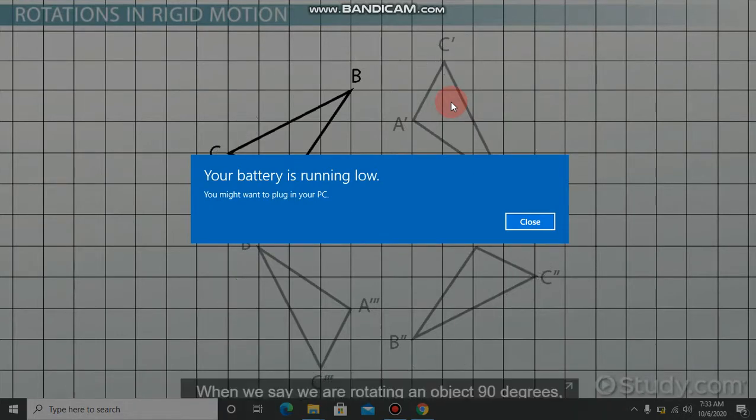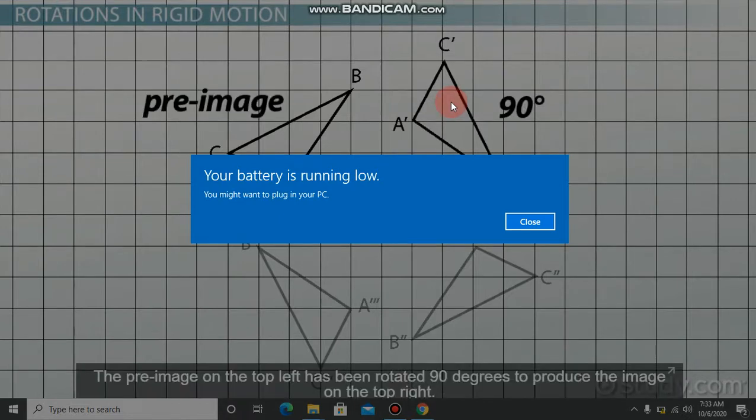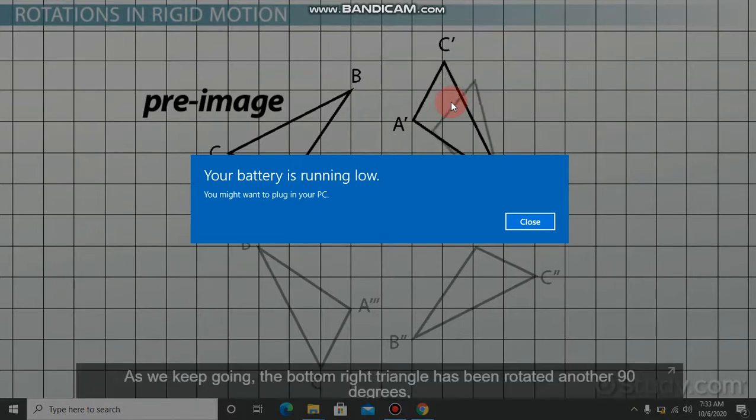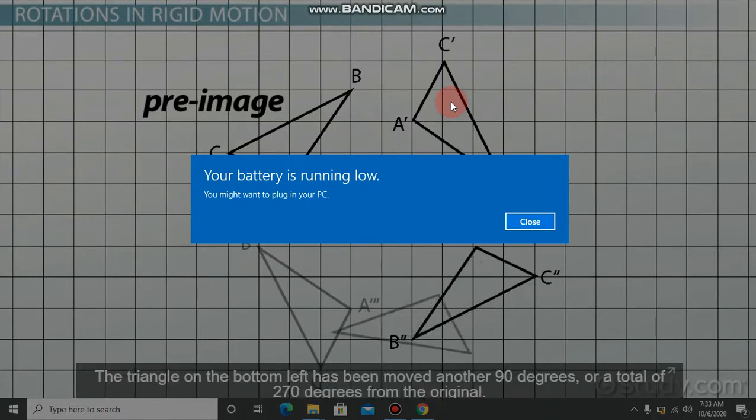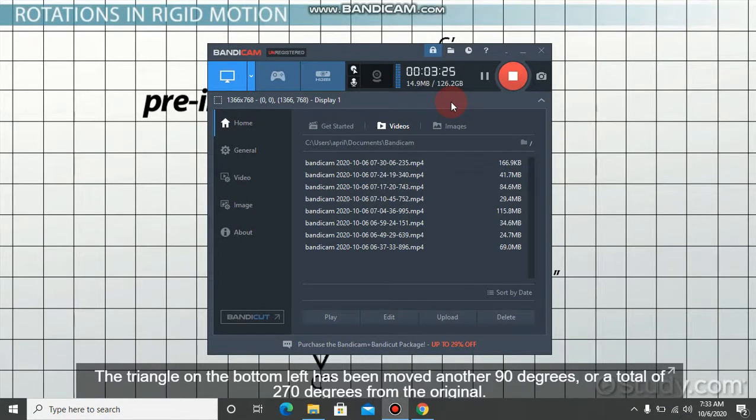When we say we are rotating an object 90 degrees, we mean 90 degrees around that center point and to the right. You can see a 90-degree rotation in this image. The pre-image on the top left has been rotated 90 degrees to produce the image on the top right. As we keep going, the bottom right triangle has been rotated another 90 degrees, or 180 degrees from the original. The triangle on the bottom left has been moved another 90 degrees, or a total of 270 degrees from the